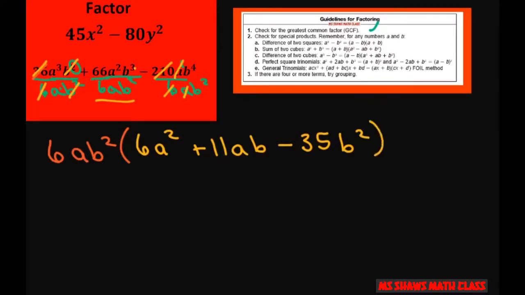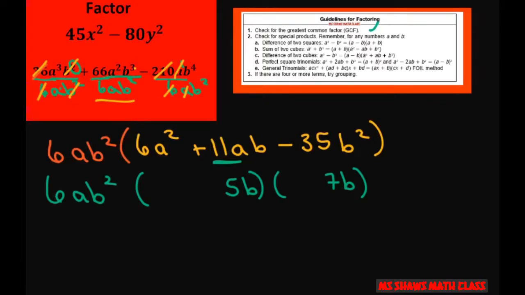So now we have to determine these. These are the worst kind, these kind with the coefficients here. So probably with 35, it's going to be 7 and 5. So I'm going to go ahead and put that there. If it's not, I don't think it's 35 and 1. So I'm going to put that there because it's going to help me determine. I need to get